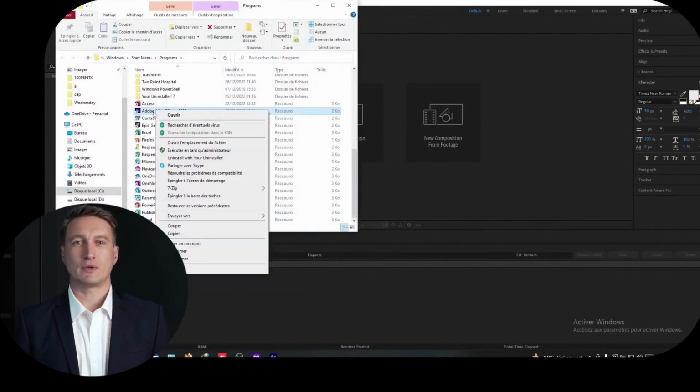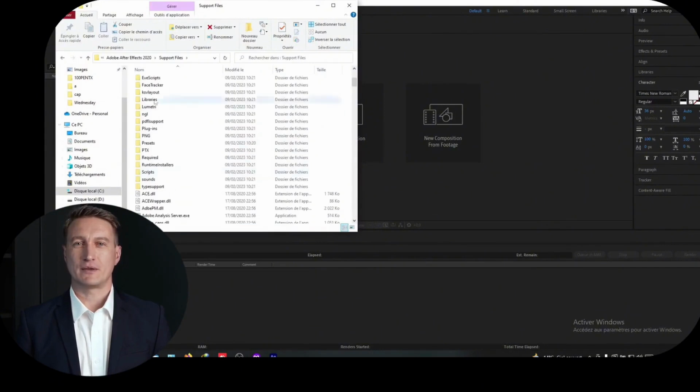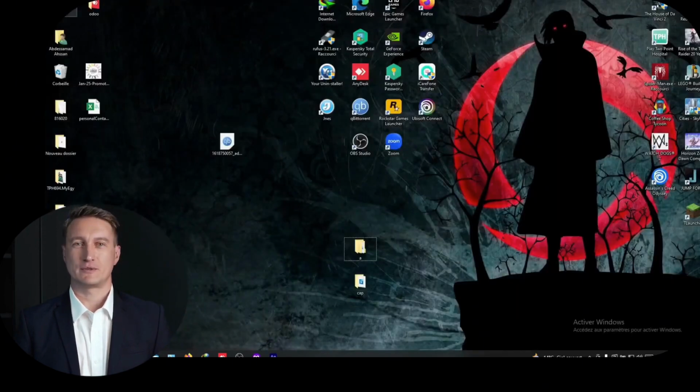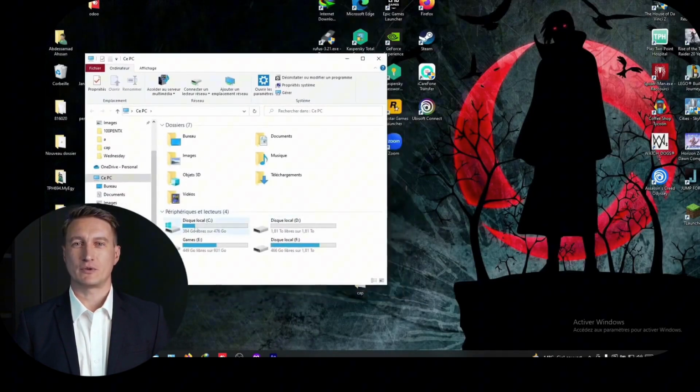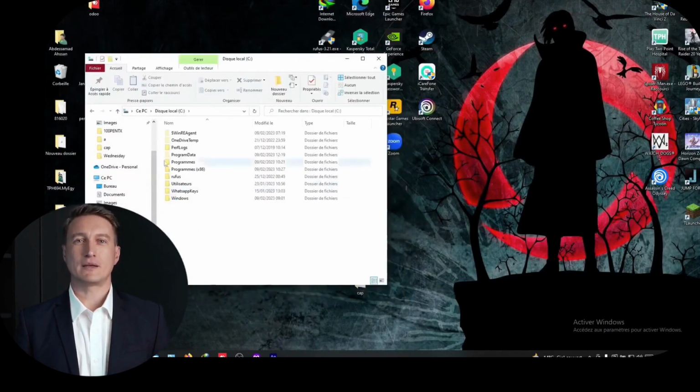And here, we're going to find this one, and also we're going to right click on it, then click on Open File Location. And here we're going to find where our installation folder is located without any further complication or difficulty. Or you can simply go to the computer, then to the local disk C, and here we go to